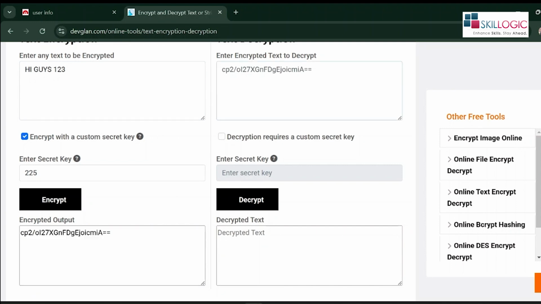If I'm pasting it over here, if an attacker is capturing this particular encrypted text and giving a decryption, see what it says: error while decrypting. Why? Because the private key or public key, which we call it, has to be from client side to server side. If I enter this exact random key and give encrypt, see now this information has been converted over here. If I change anything over here, like a bracket, and I give decrypt,